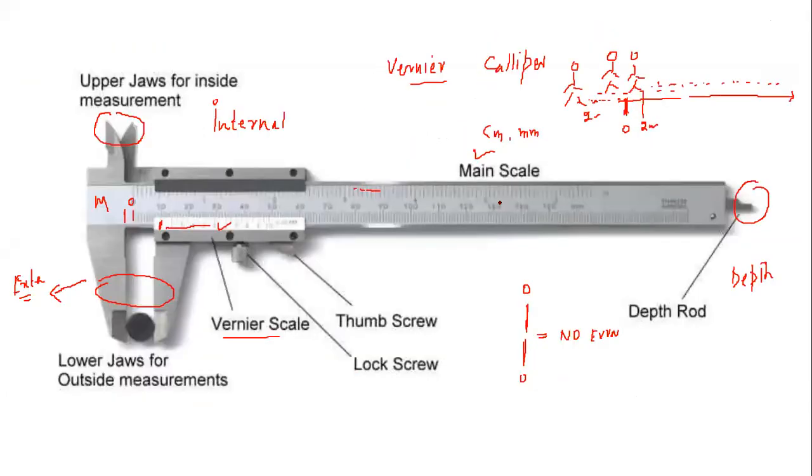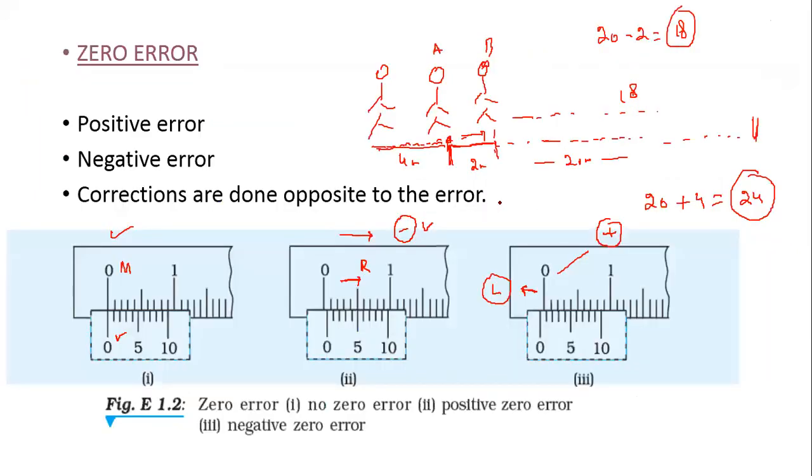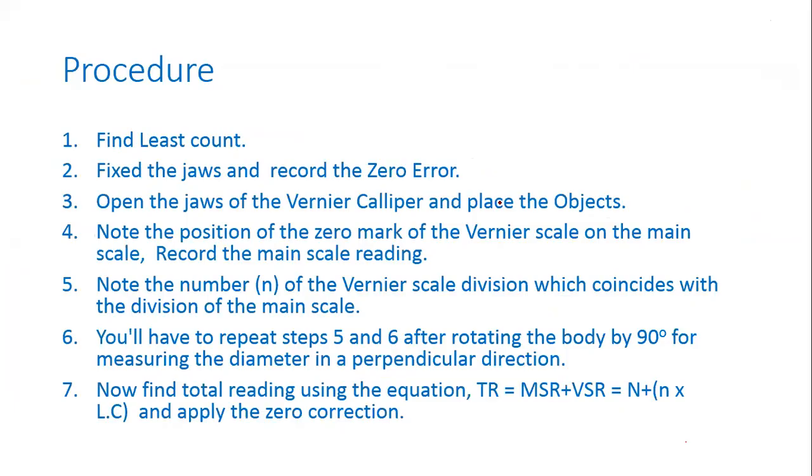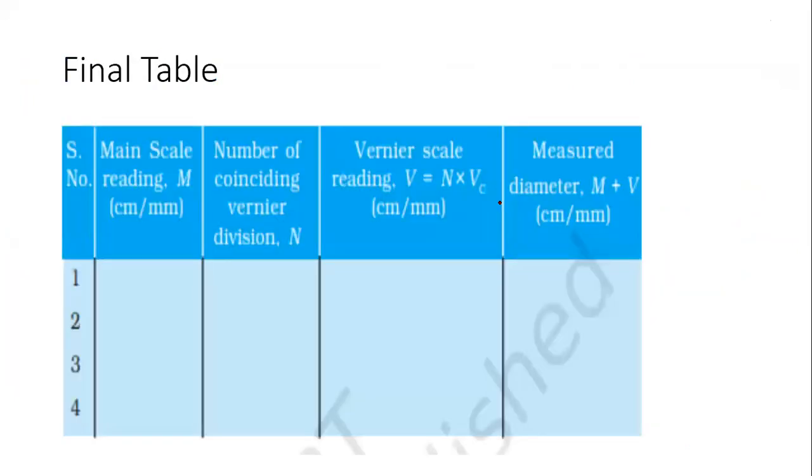Okay, measuring instrument, vernier caliper, zero errors, least count, step-by-step procedure, and these are the table. I will send you one file in the lab, and you need to fill this in. Give any values, for example from these online animations, and find the diameter for other values. For example, first, you need to repeat these experiments 5 times, 4 times.